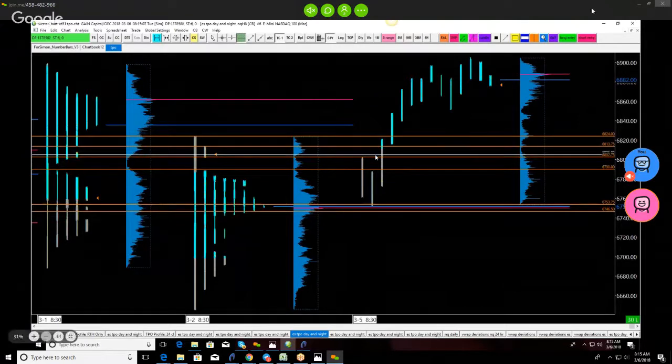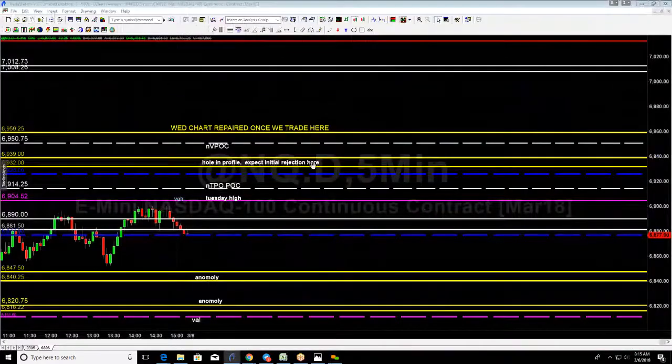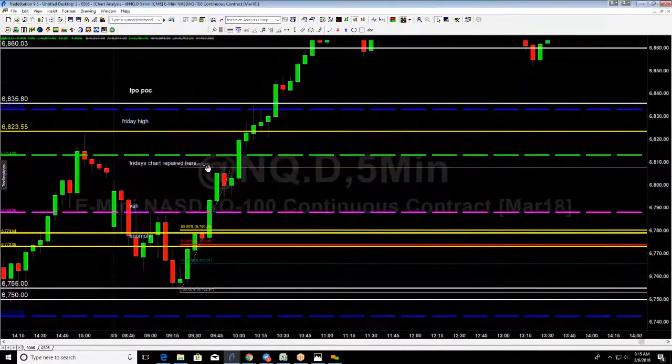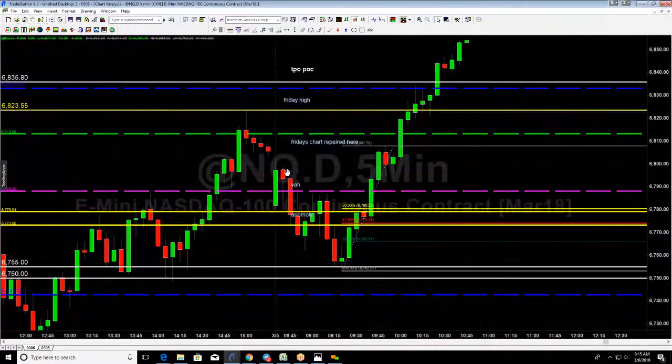So the other way to look at that is to come back here. Here's NQ yesterday. We come into the anomaly. We failed to hit gap fill. We roll back down to the next anomaly. We traded above. We traded below. This anomaly is now fixed. We roll back to the TPO point of control. This is a value area high.